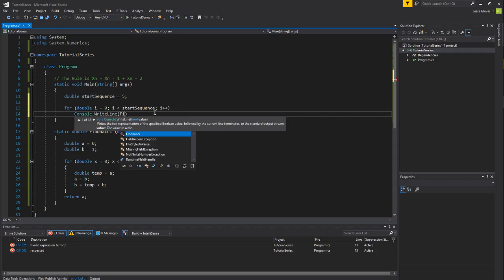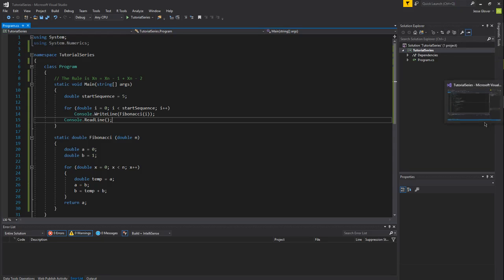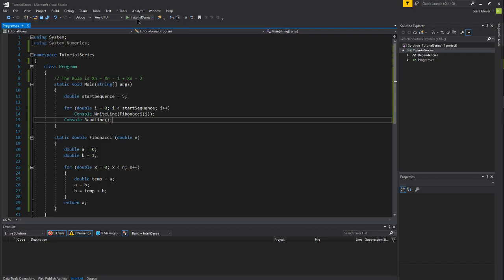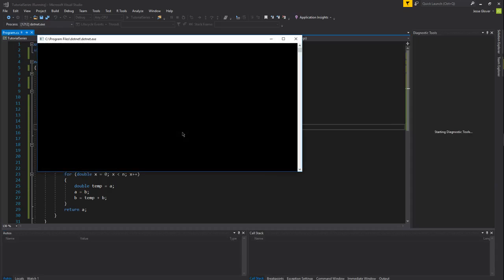Then we're going to do Console.WriteLine Fibonacci I, and then a Console.ReadLine to make sure that we can actually see what's going on. Now, let's go back over here to our sequence, and we can see that setting it at 5, well, since we're starting at 0, 6 would be 8. So let's run this, and we should display